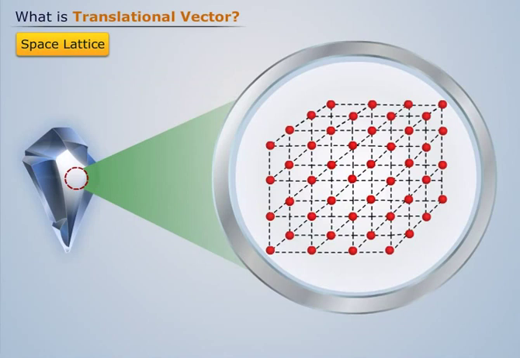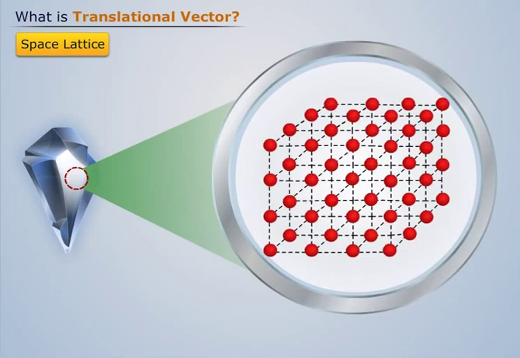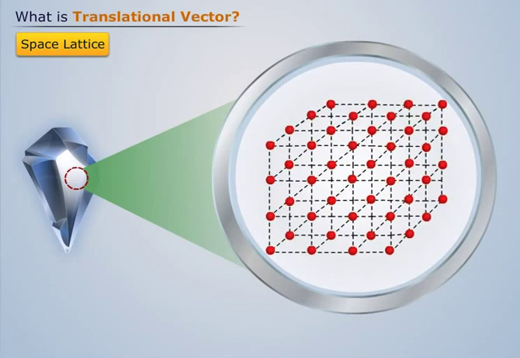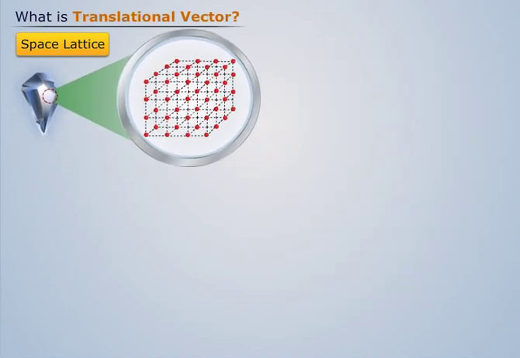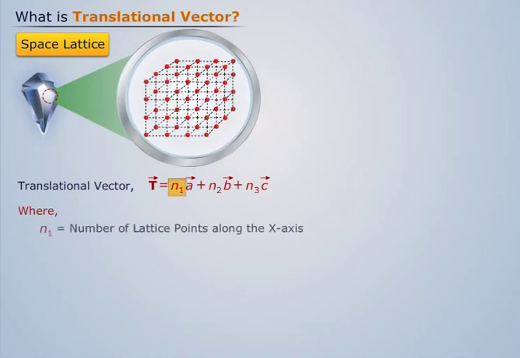Now, if we want to locate the position of any lattice point, it becomes very difficult since each point has an identical surrounding. In such case, we use the position vector or translational vector, which is expressed as T = n1 a + n2 b + n3 c, where n1 is the number